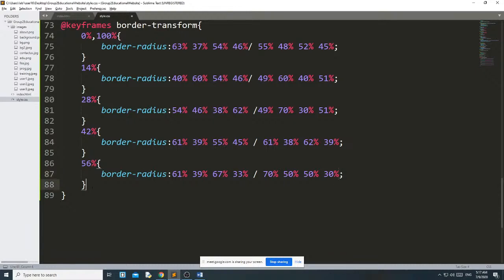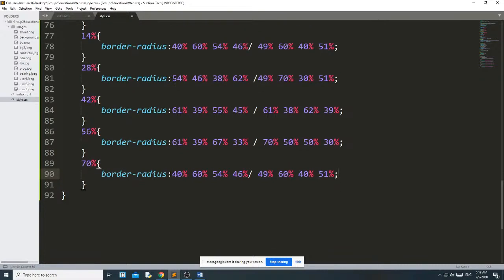Then again till 70% it will maintain the same border radius, and when it reaches 70% my border radius changes to 50%, 50%, 34%, 66%, then 56%, 68%, 32%, then 44%.